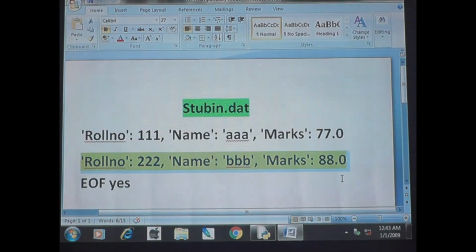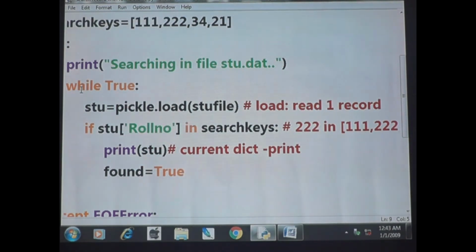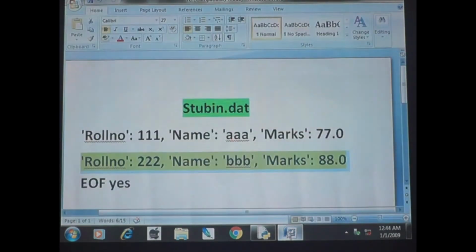Okay, fine. So now listen, then immediately the found value will be true. Then once again it will go to the while loop and try to read one record with pickle dot load. But the file pointer is now here.